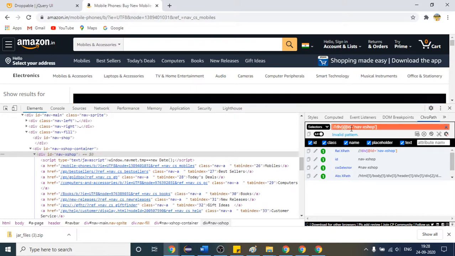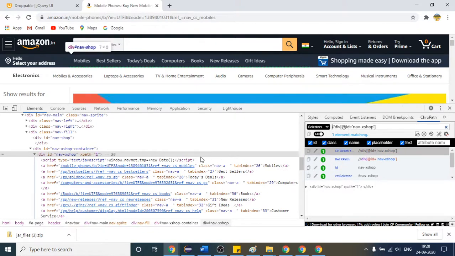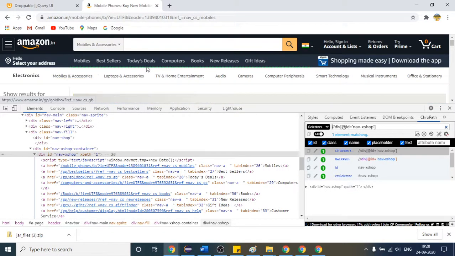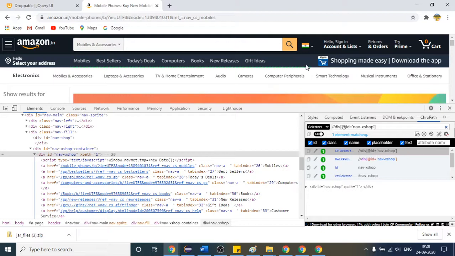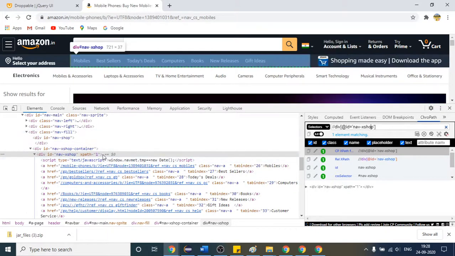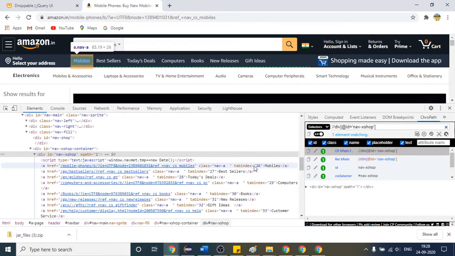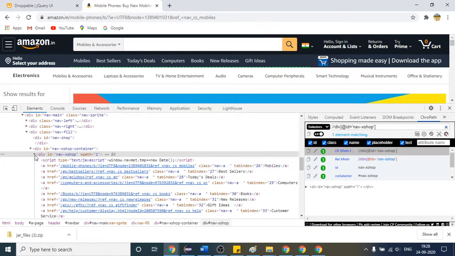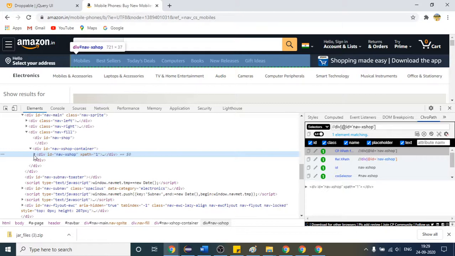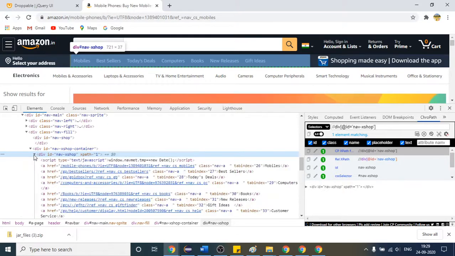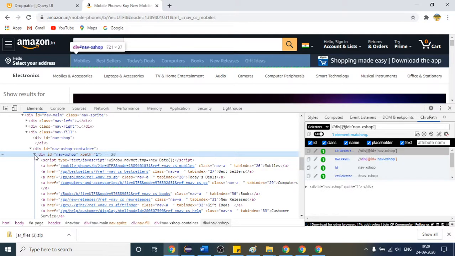I provided one space in the beginning. If I click this, it says one element matching, but you can see that it is selecting this whole dotted green line. If I click enter again, we are here, but I have to reach here, because the mobile's text is present here, right? You can see that this is also the child of this one. If I close this, it disappears. This is the reason I am saying that this anchor tag a is the child of this div, right?